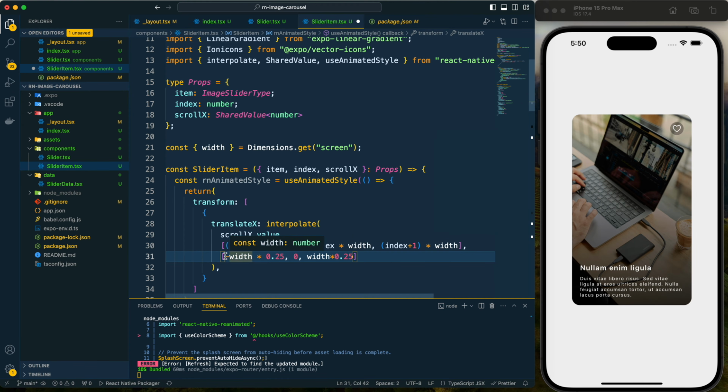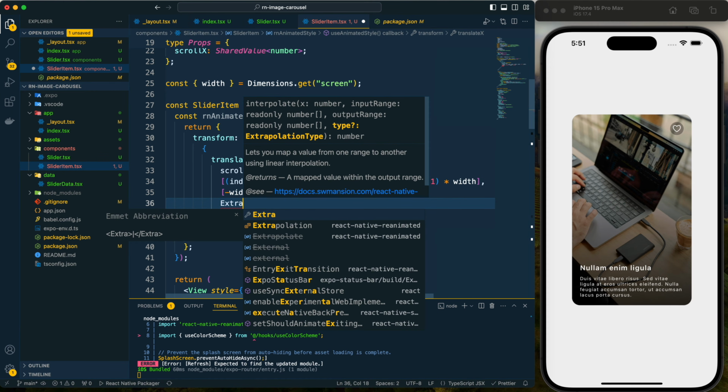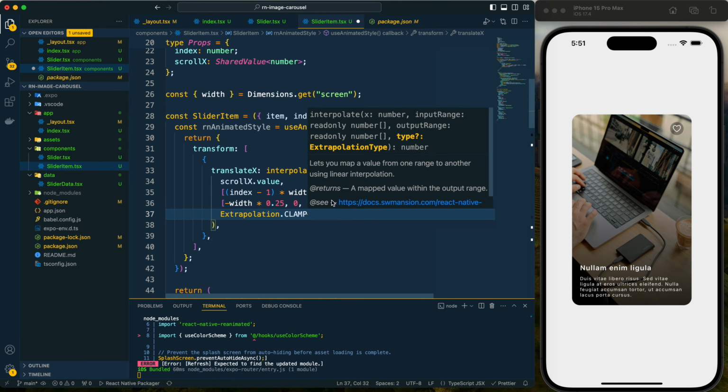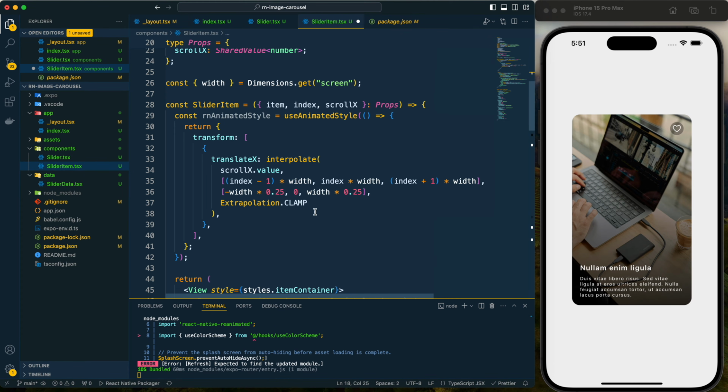So for the previous item it would be minus width multiplied by 0.25, and for the next item it would be plus width multiplied by 0.25, and then we need to provide Extrapolation.CLAMP, and this is also imported from React Native Reanimated, right?